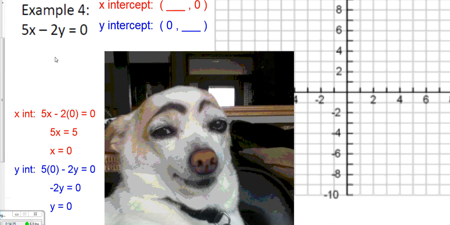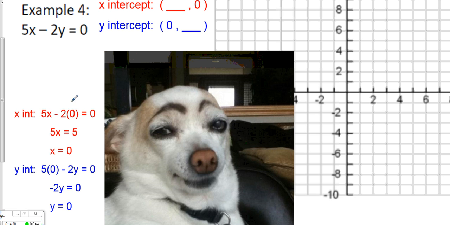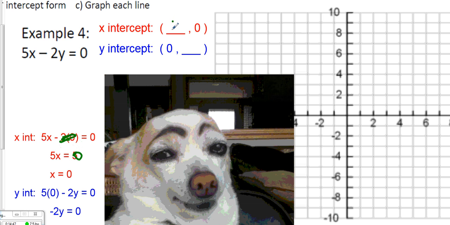Plugging in 0 for y. Again, we'll basically just use a different color. Cancel that out. So 5x. Oops, this should say 0. I don't know where that came from. 5x equals 0, which means that x has to equal 0. Okay, that means we have 0, 0 right here as our